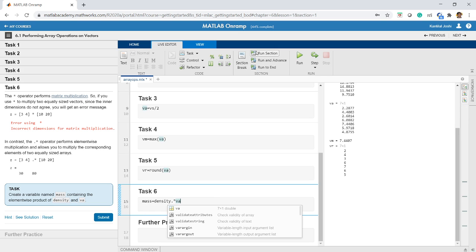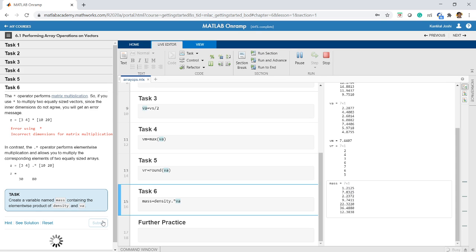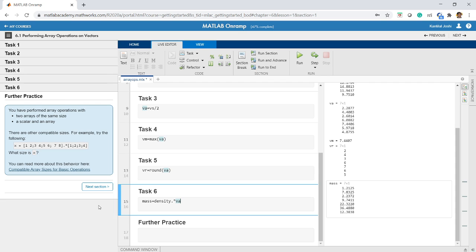I'll run this section. So you got mass as the multiplication of every element of density and VA. I hope you have got the difference between star and dot star. Star is for actual matrix multiplication and dot star is for element by element multiplication.